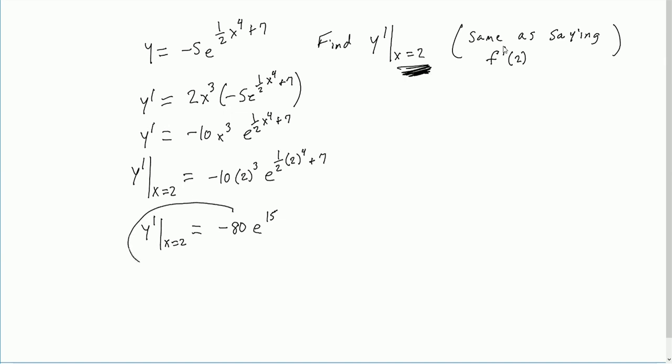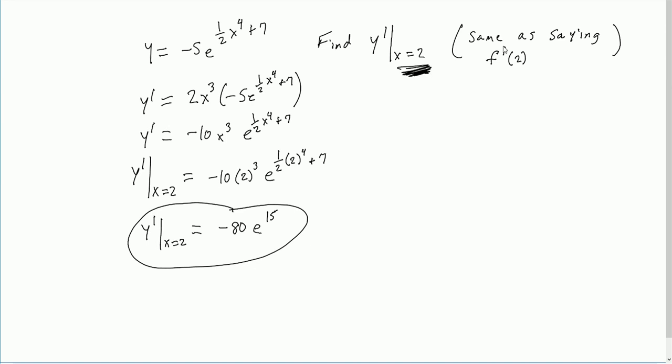Do yourself a favor and leave it in that form. For one reason, Hawks will not let you put a decimal answer on this question. The reason being the value is so big. If you just plug that into a calculator, negative 80 e to the 15th, actually my calculator will handle that one, but if the exponent was just a little bit bigger, you'd probably get some weird thing on the screen of your calculator where it's some number point something something something, and it's going to have a weird E sign with an exponent on it,